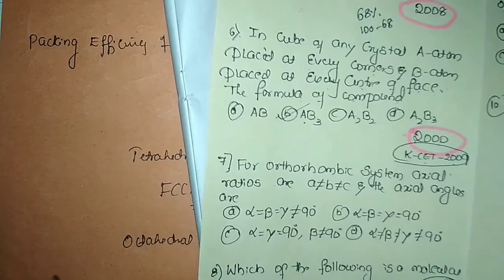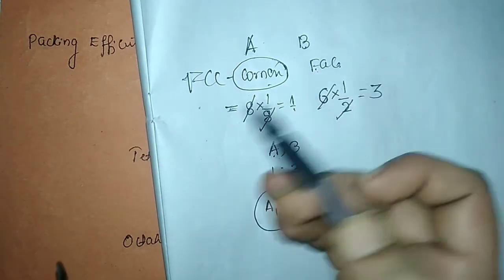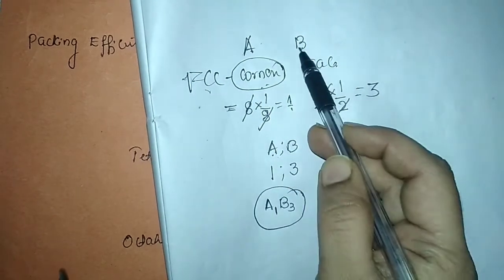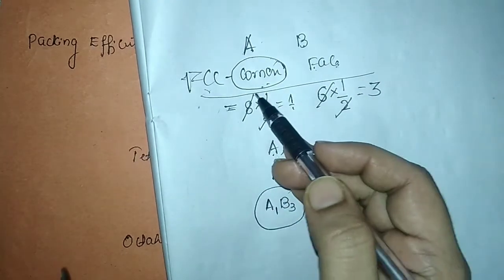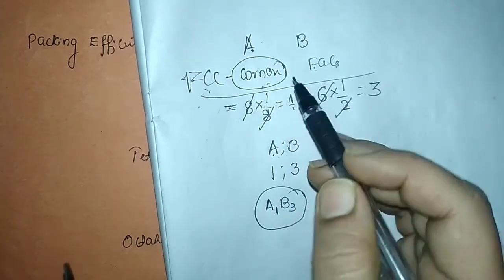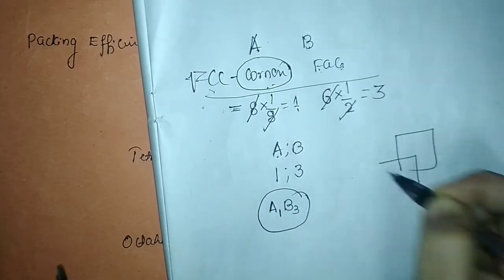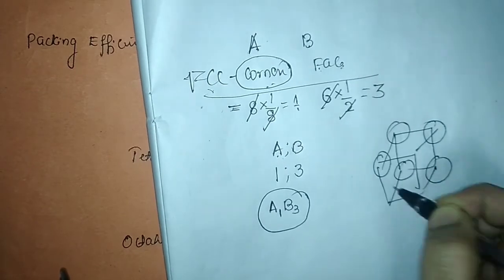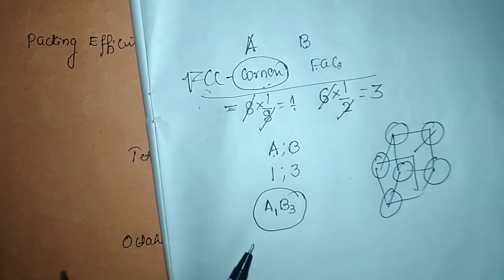Now we'll discuss a little bit regarding these types of questions, since the question might appear like this also. It's again an FCC lattice. A atoms are at the corners, B atoms at the faces. This will be the condition. Next, among all the 8 corner atoms, 1 atom is missing. Means, in a crystal lattice, I have 8 atoms, and among them 1 atom is missing. So now, what will the formula of the compound be? This type of question will also appear.